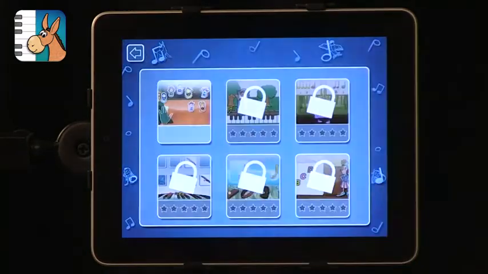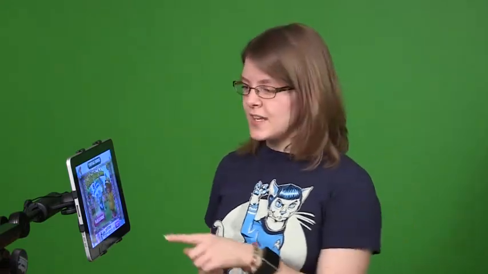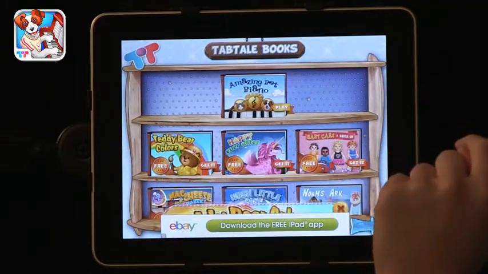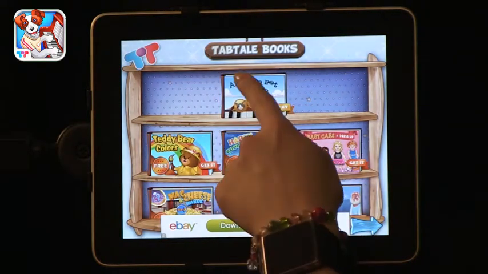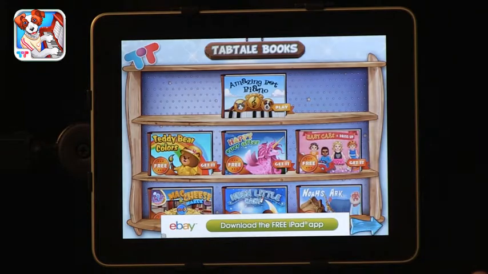The last app we're going to visit today is called Pet Piano, and this is really just a fun game for students who've already been playing maybe with the piano. Maybe they could have been doing Kinderbach, or if they just want to play some fun piano music. Tabtail has a lot of other books that aren't related to music but are free for you to download on your iPad. The Amazing Pet Piano, however,